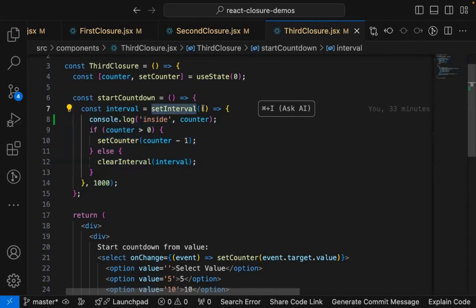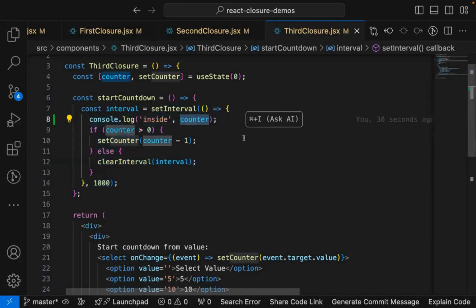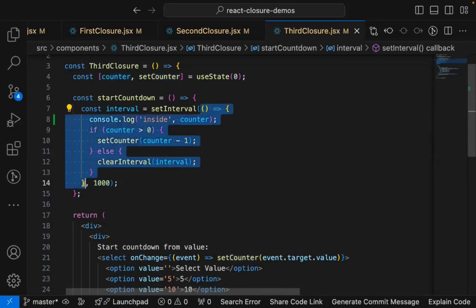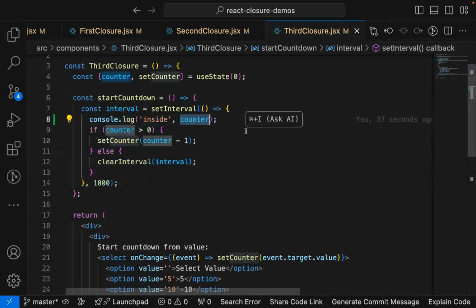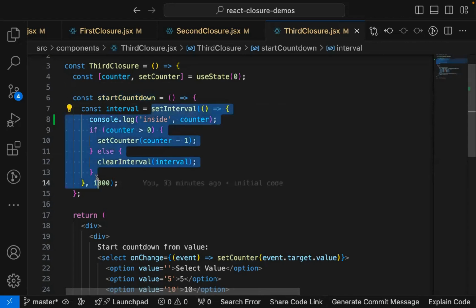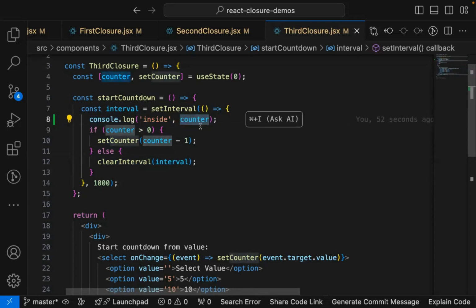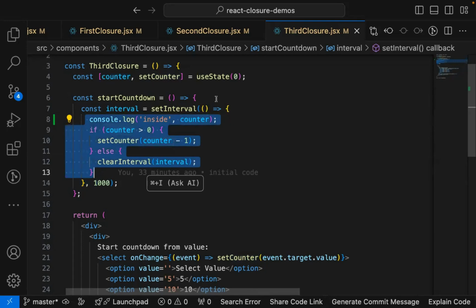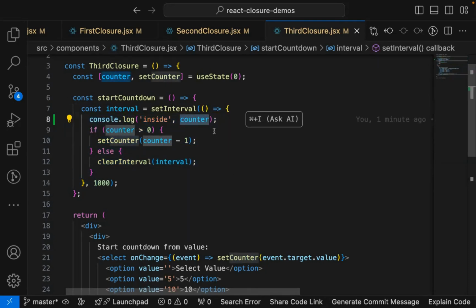So as I said, inside the callback function, you are using some outside variable. So this variable will be remembered. This function will remember the value of this counter variable at the time of creation of this particular function. So once you click on the start countdown button, this function executes. You are starting this interval. And once you start that interval, the counter value at that time will always be remembered. So no matter how many times this function is getting executed, the counter value will remain the same, which is